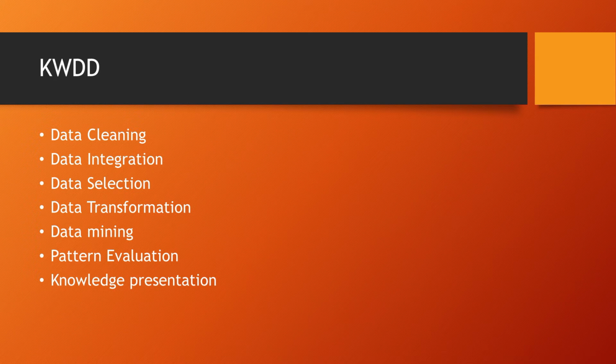So we have what we call data cleaning, to remove noise and inconsistent data. So that's the first one. We have to clean the data for us to remove the noise and inconsistent data. Next is, of course, the data integration, where multiple data sources may be combined. And then afterward, we have the data selection, in which the data relevant to the analysis